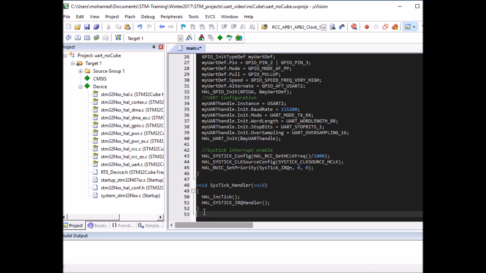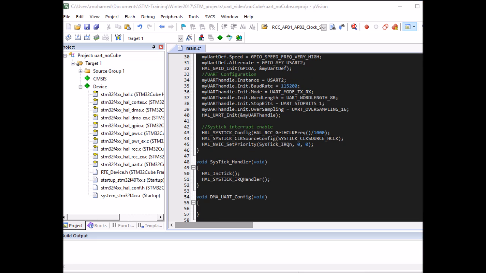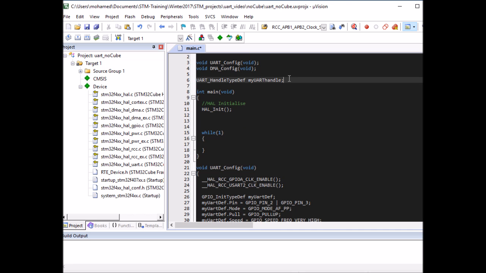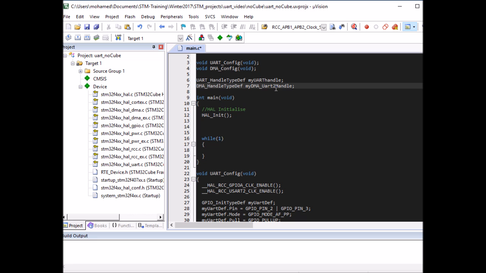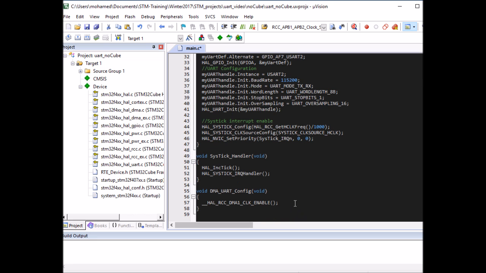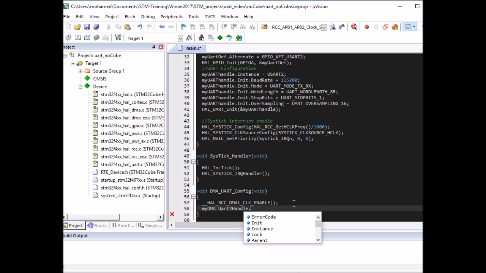Alright, and now let's configure our DMA. So DMA UART config, and the first thing to do in this function is to enable the DMA1 clock, because DMA1 is the one that connects from UART to the system, or to the RAM memory to be very specific. To be able to configure the DMA, we need to define a DMA handle type def, and I'm going to define it globally again. I called it my DMA UART2 handle, and we're going to use it to set up our DMA. So perhaps the first thing is DMA.instance, and it's going to be DMA1